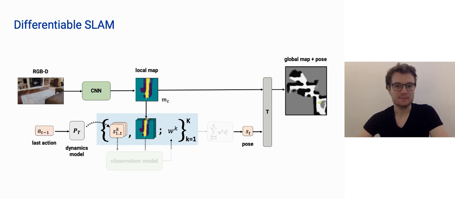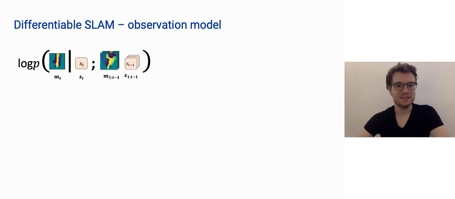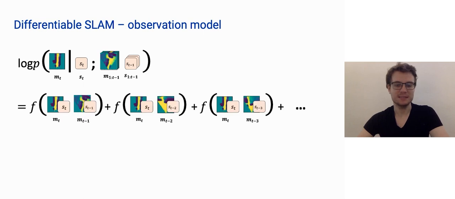At each time step, the trajectories are extended with samples from a dynamics model. The particle weights are updated with a learned observation model that intuitively measures the compatibility of the trajectory with past observations. This observation model is the most important component of the architecture. It estimates the log probability of the latest local map given the current pose hypothesis and all past local maps and poses. We approximate this by a sum of pairwise compatibility estimates of the current map pose pair and the